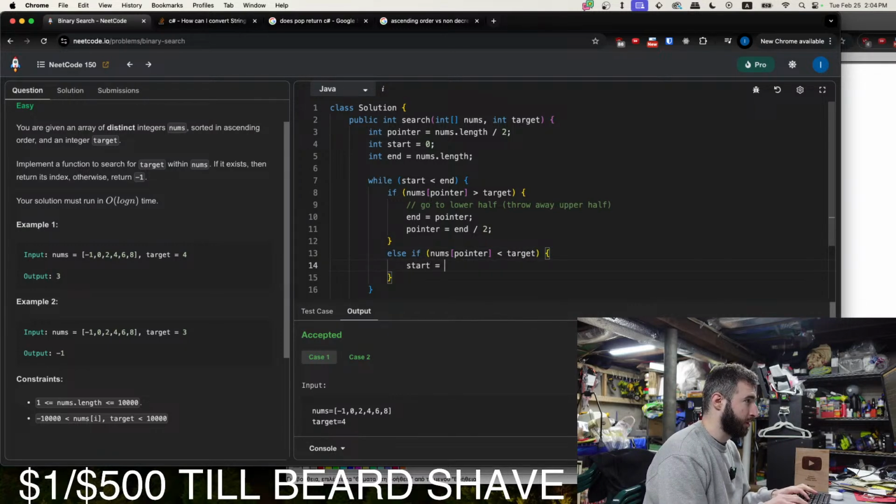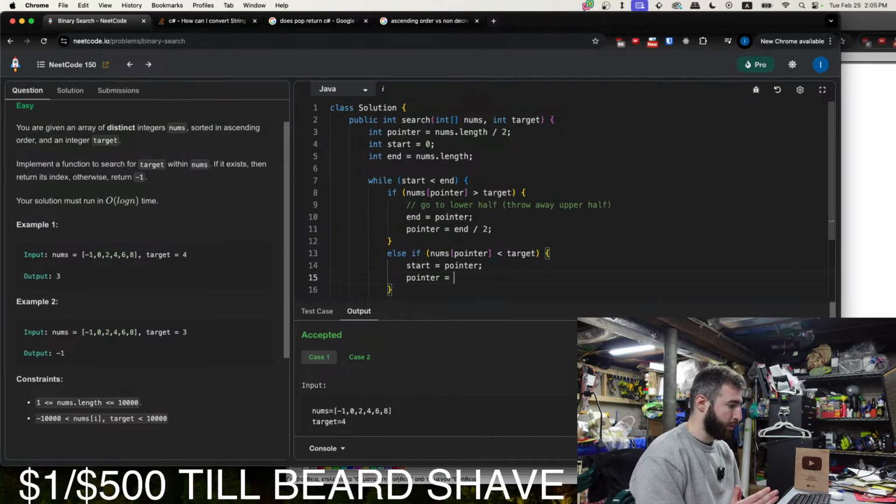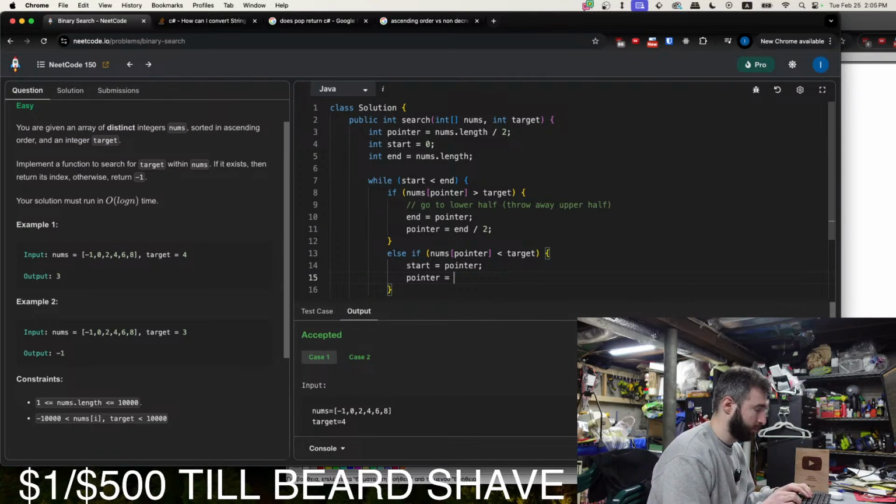So start equals pointer, and pointer... so we throw away the bottom half, and now we want to set the pointer equal to the end minus start divided by 2.